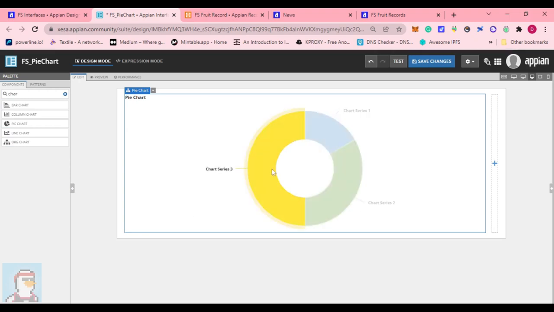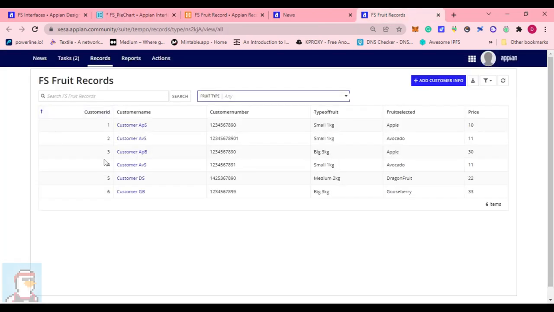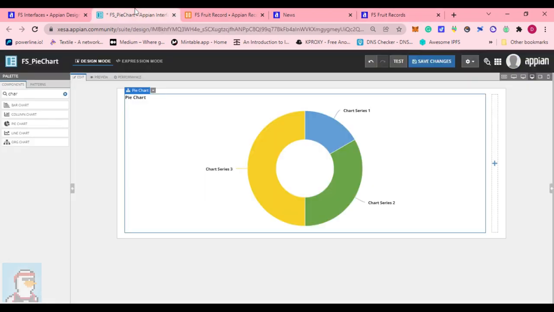As we had seen, we had just dragged and dropped this component, but now we have two types of places from where we can fetch data. Either we can fetch data from our data store or the constant which we had made, or we can fetch from the record. But it will be better if we fetch from the record, because it will be a real time change, because all these things are here in the record. So for record, we will just go to our expression mode,